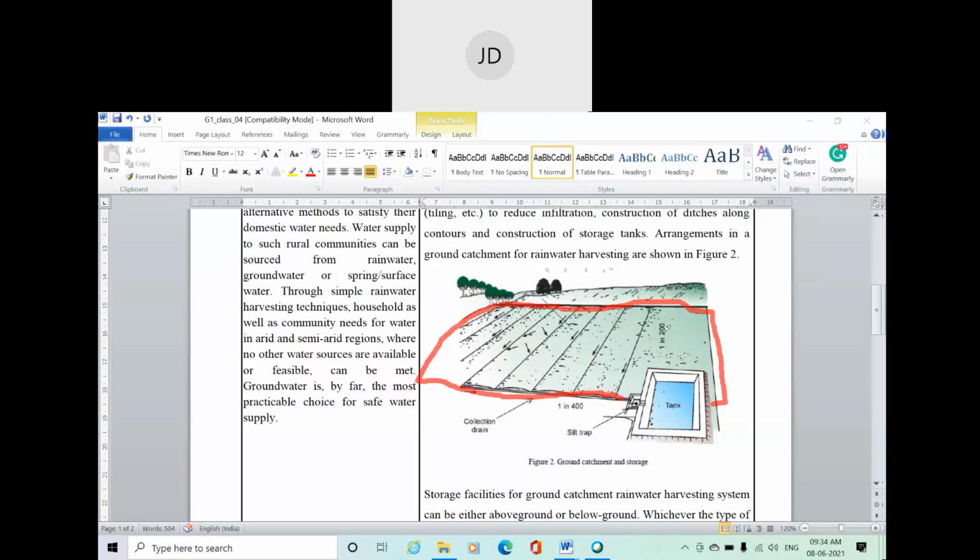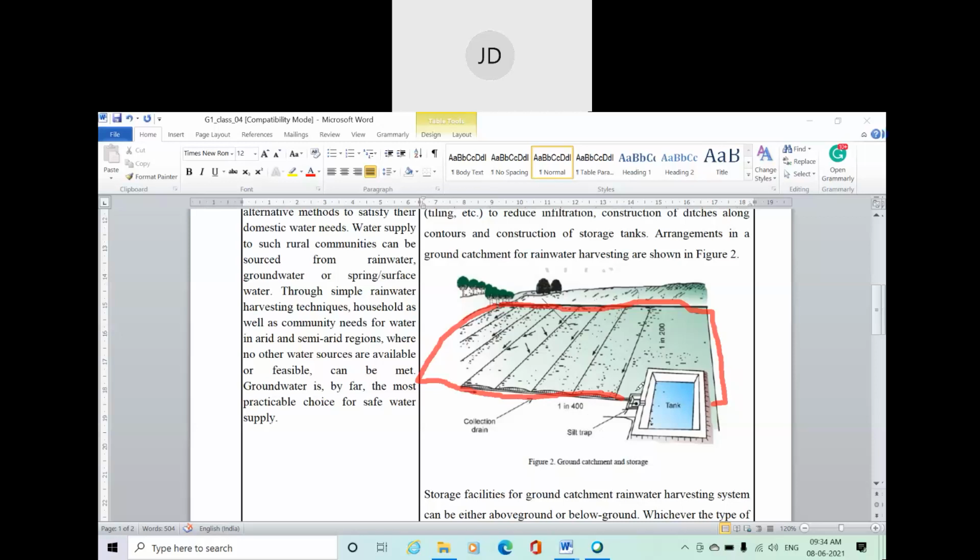Here you can see the slope is 1 in 200. That means for every 200 units, one unit of depression, or you can say inclination. From this point there will be inclination, and from the other point it's a depression. Even from this side it is 1 in 400. That means one unit of depression for every 400 of land. So like this, from the natural ground you can go for